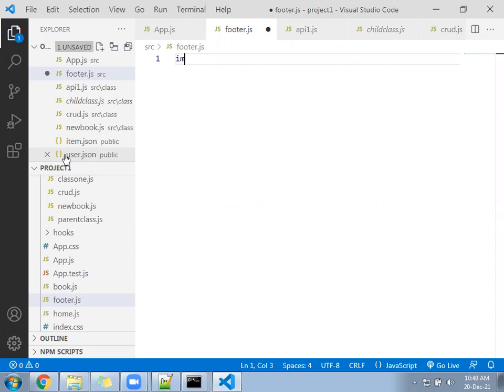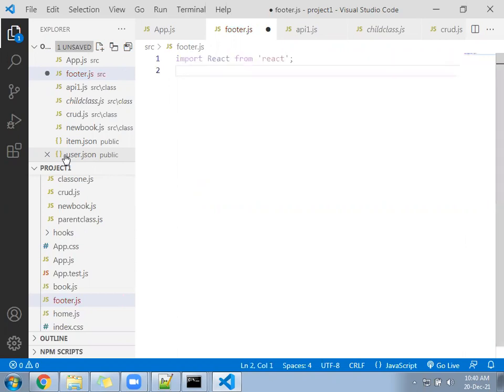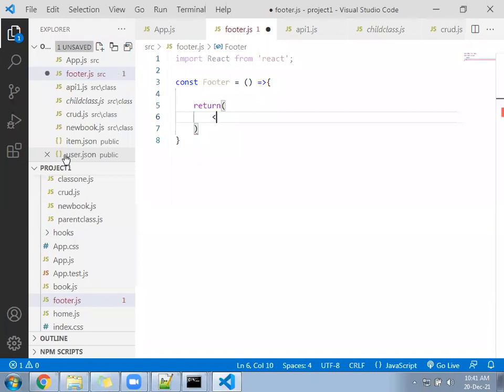You can import React from react. Write a constant footer. Come inside return, a footer tag.